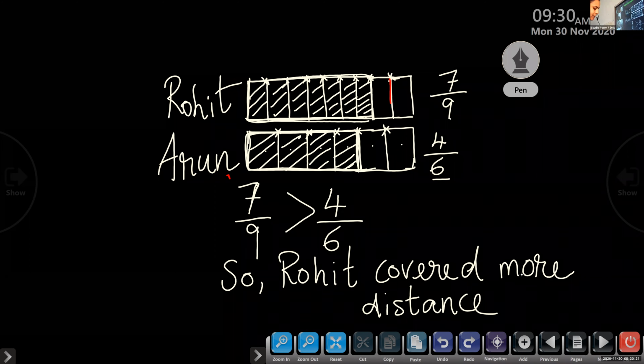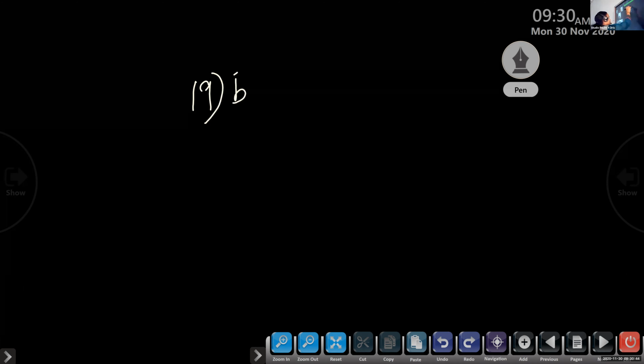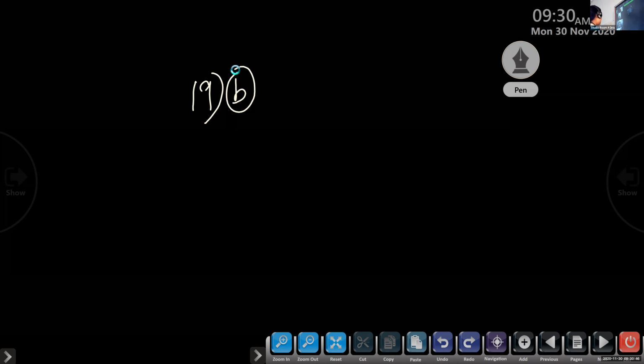So children, can we write this? Also, we can draw the picture and we can check whether these two fractions are equivalent. Are they equal fractions? So all the children, please write question number 19B. Try to find a place. Children, write smaller. Otherwise you will not be able to write full steps. So time for which John raced.